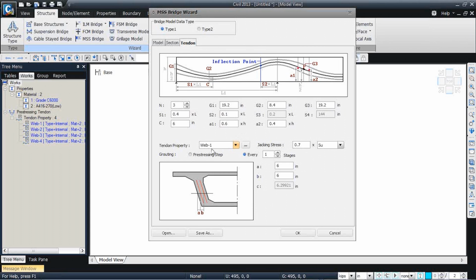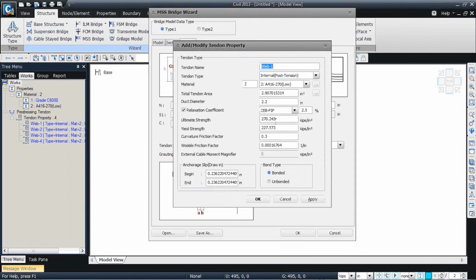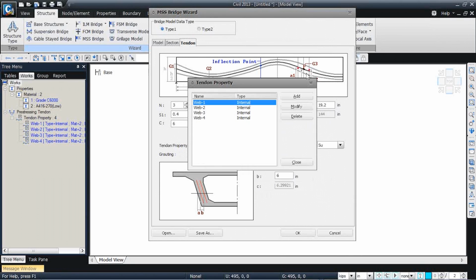So we have defined 4 tendon properties here, and I'll set the entire bridge, all the tendons, to have web 1 property, and I have the jacking stress as 0.7 times the ultimate strength of the steel material that we have used. So if you recall, the ultimate strength and the yield strengths are specified here. The friction factors, wobble friction factors, and the slips at the beginning and at the end are specified here, and whether the tendon is bonded or unbonded are specified here. So 0.7 times of the SU means the ultimate strength is the starting jacking value,